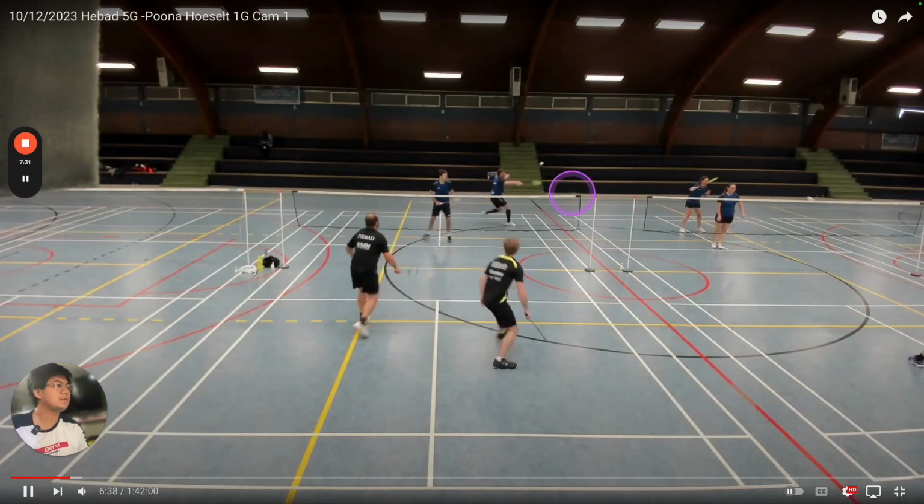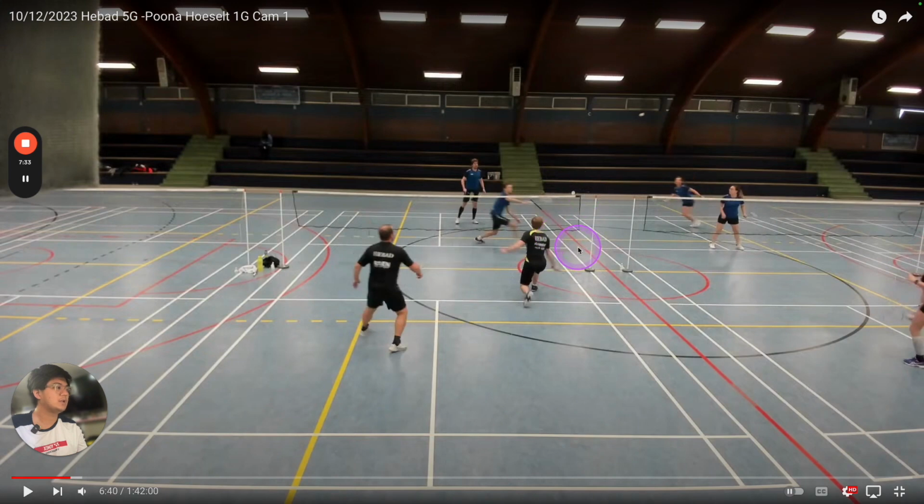And then another thing is also, if you play the shot, you need to worry about this. When you're in the front, your job is, if you play a net, you want them to lift, right? So your job isn't finished now, right? Your job is almost done, but it's not finished, if that makes sense. You play this net, your racket should be up. You should still be looking for shots in this location, right? For any nets, for any mid-court pops, for any short lifts, that kind of thing, right?